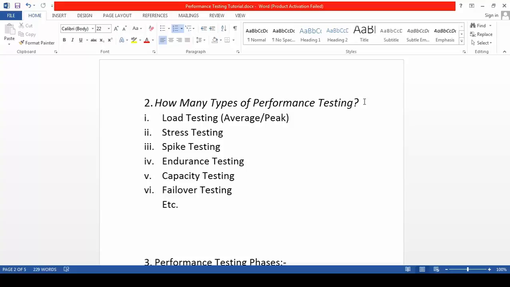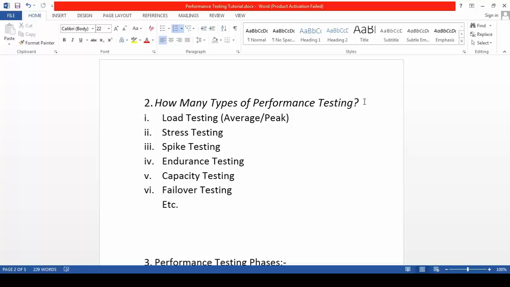And again after 12:30 the user load is almost the same, like 1500 or 2000 or 1000. So the peak user load in that particular timeline, from 12 to 12:30, is 5000 users. So we have to go for both kinds of user load: one is average load testing and the second is peak load testing.